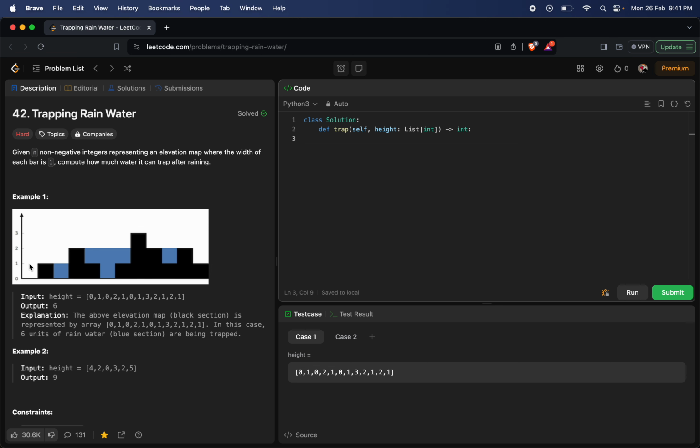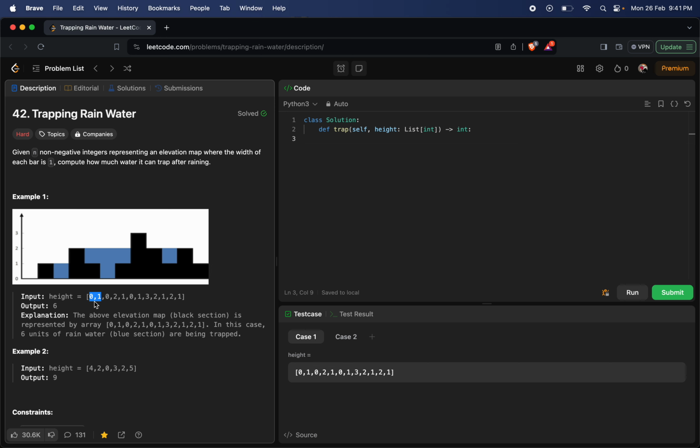One thing to notice is nothing can get filled here or outside here. Just that we have to consider these as open boundaries, so nothing can be captured there. Everything has to be between the end walls. So if we consider this first example, as you can see we had height of 0, which is this, then height of 1, and since this is an open area, nothing can get filled here because water will flow from